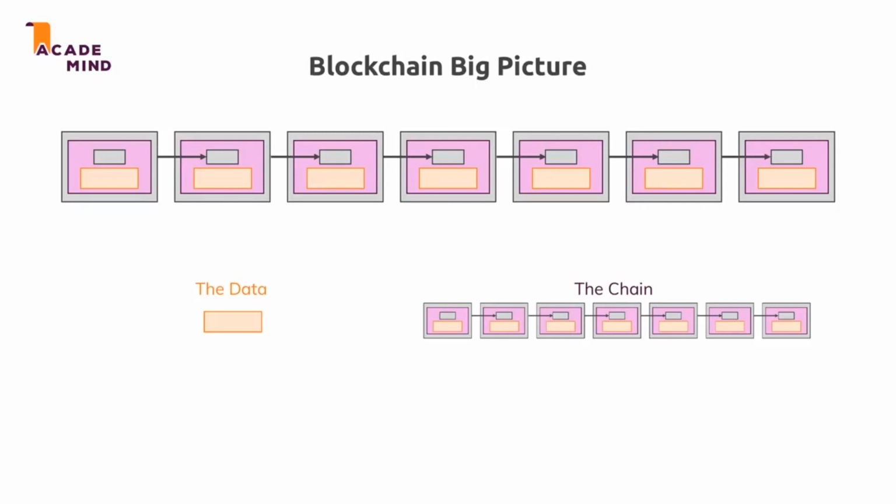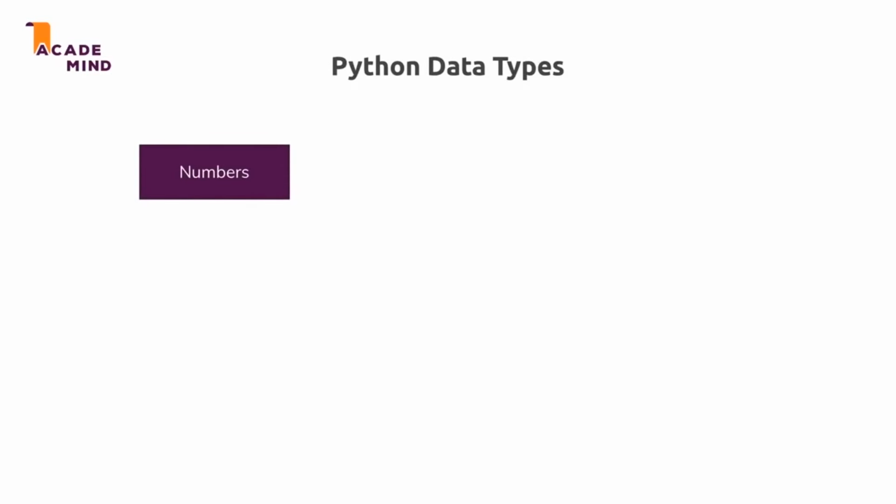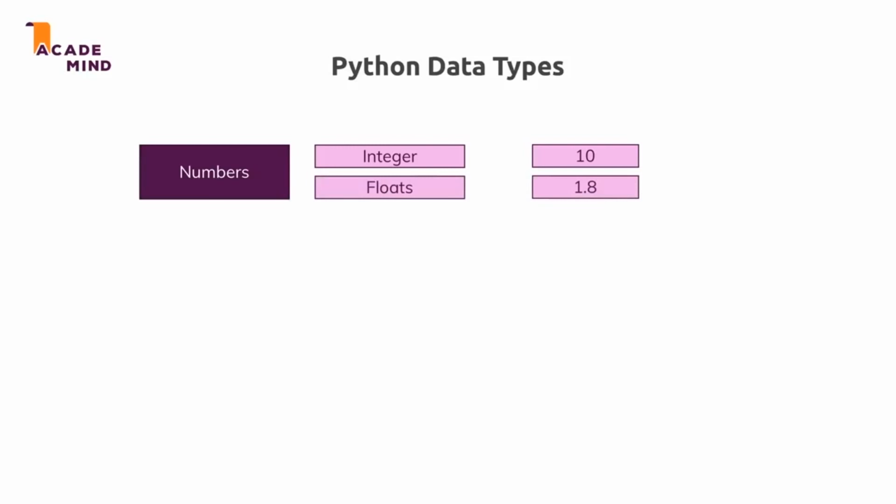And for data, we can basically work with numbers, strings, which is text, or booleans. And we'll have a closer look at what all these data types are in just a second. We also have more complex data structures at which we'll have a look at later in this course. Now, the chain in the end is just a list, a special type of data in Python as you will learn. Now, let's go back to the basic data types, number, string, and boolean. Numbers are divided up in integers, which is basically a number without a decimal place, and floats, which is a number with a decimal place. And we have both negative and positive values for numbers.